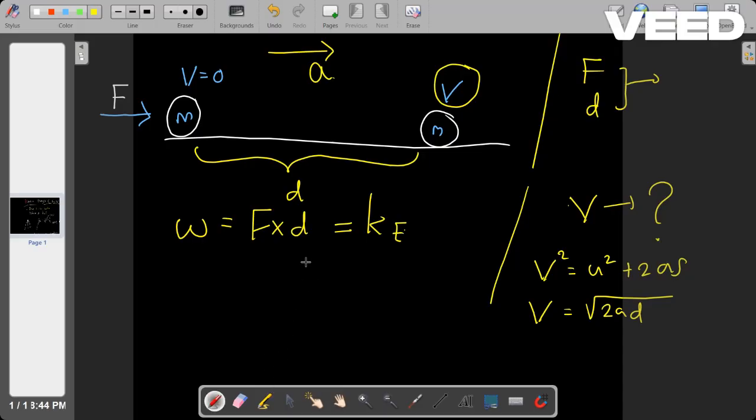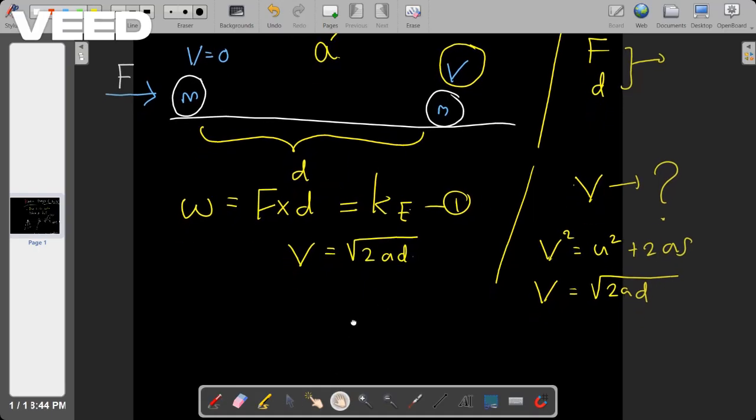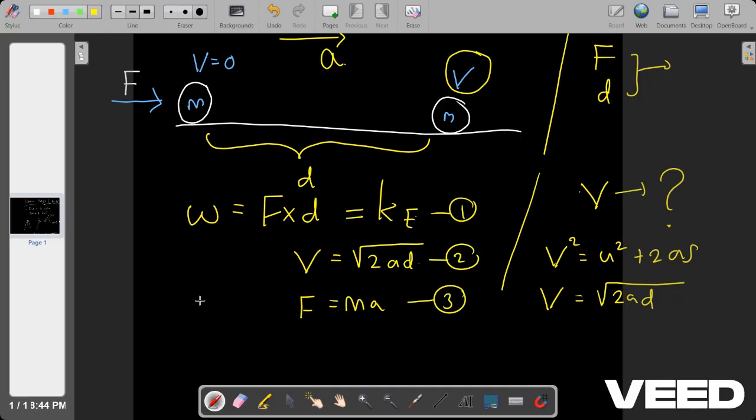Now, how many formulas do we have? There's one, Fd equals KE, and we have another formula, v squared equals 2ad. And we can derive another equation, what? F equals ma, the third formula, right? Using these three formulas,